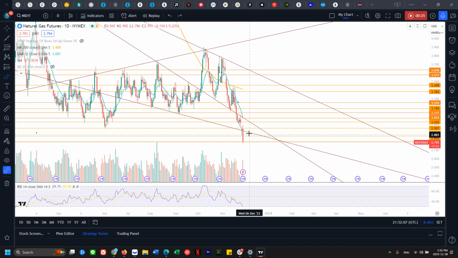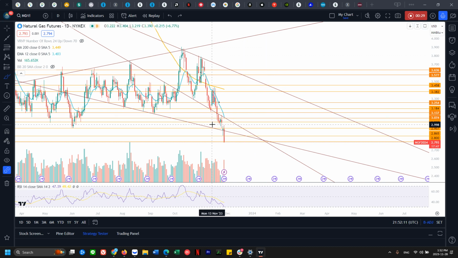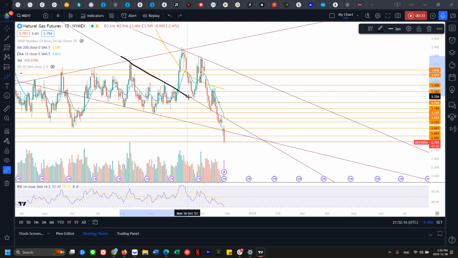Let's get started. So we have been looking at natural gas straight diving, and you guys have been asking me about it. So let's take a look here. Last week we talked about where this support broke. You can see it was acting as prior resistance here, and then when the price is above it, it flips into support. And when we broke below this, I said that if we back test it and reject from that, which we did, back tested it, now it flips into resistance.